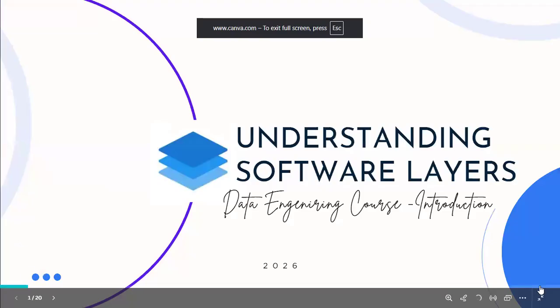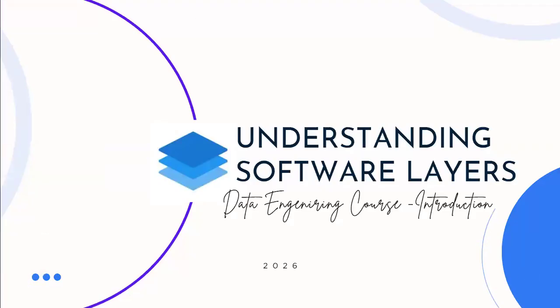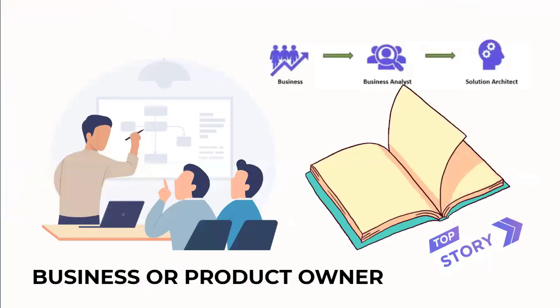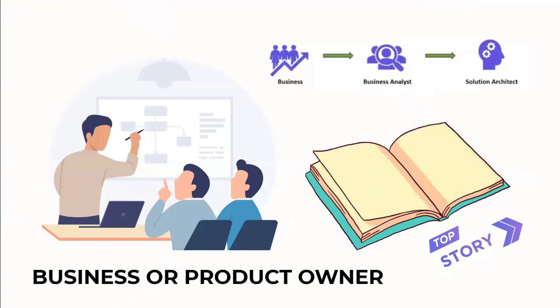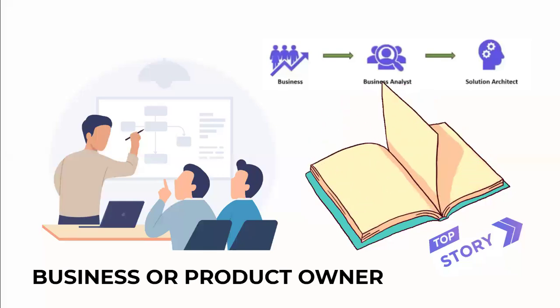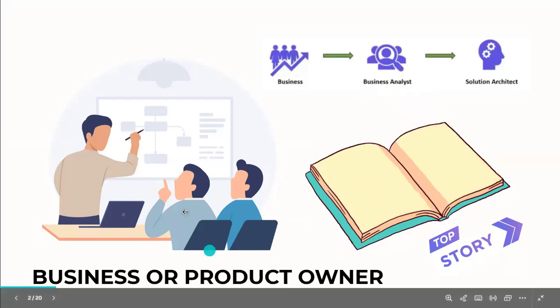Okay, so understand the software layers, like how the industry will be. Before going deep into that, I'll go with some example. Assume you have joined one company, and the customer wants to build some pipeline related to a web application, web portal or mobile portal. What are the things he wants to do in real time? He will explain everything, write everything in a documentation, and present it to the business analyst as well as the solution architect.